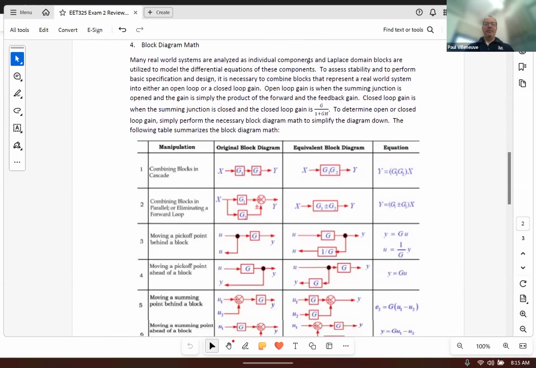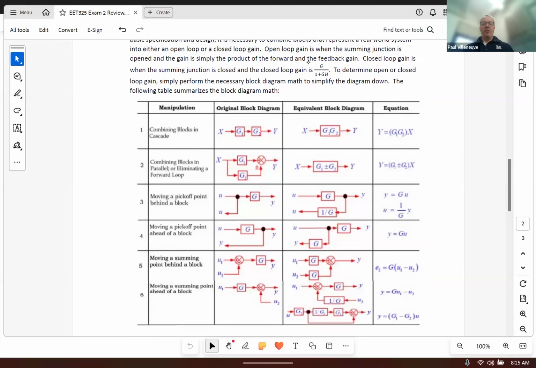I'm going to give you this table. You're all pros at block diagram math now, right? And if you remember, the whole concept is moving points. Which way are you moving your points? Are you moving a point in front of or behind a block or a summing junction? So those are the harder ones. The easier ones are number 1, cascade. That's a pretty easy one. Number 2, combining